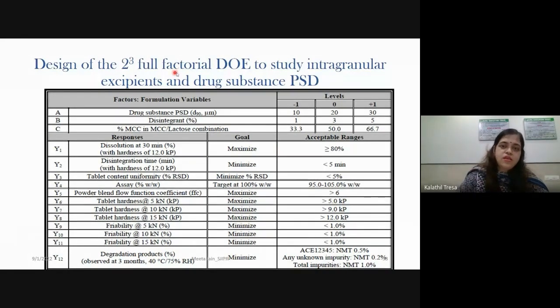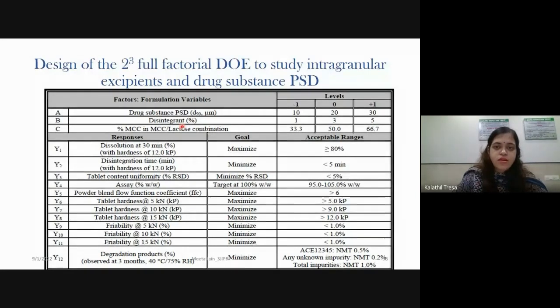This is the same case study where we have developed the QTPP and CQAs. We have identified critical material attributes and critical process parameters, and the risk to CQAs. So we are choosing those formulation variables. If you remember the table of formulation variables, the drug particle size, disintegrant level, and the ratio have a major impact or high risk on CQAs, so we'll evaluate them.